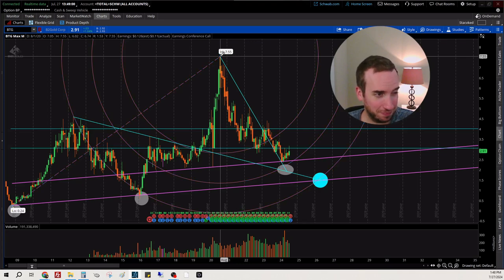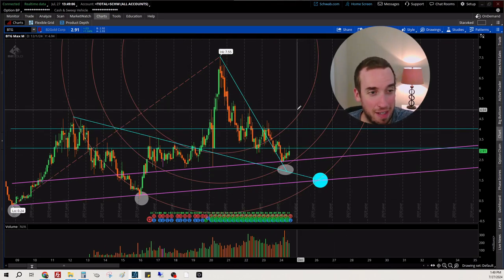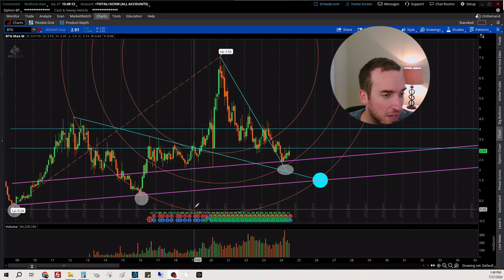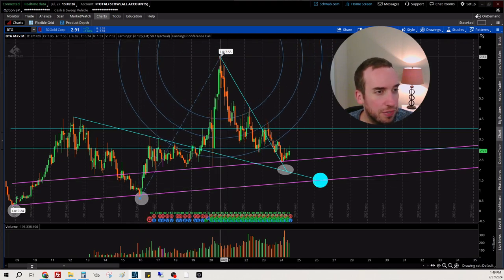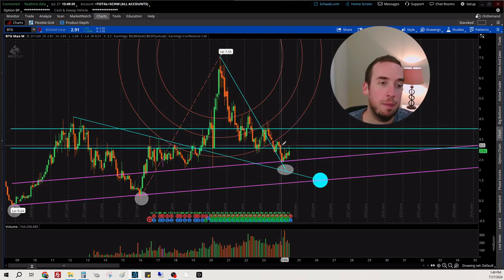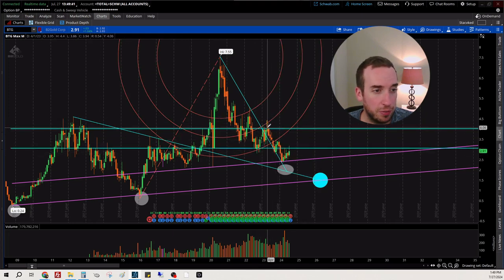All right, so kind of a mixed bag on candles respecting this line. Typically, it's the last cycle low. So if I go here, let's remove this and go off of the true last cycle low, which would be here at 60 cents. 60 cents right there. 755. This is a little bit better, a lot better, actually. You can see perfect test of resistance, perfect supports, perfect resistances, almost perfect support,